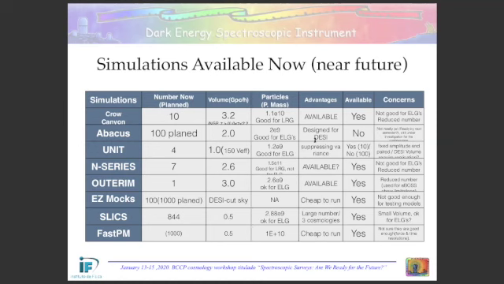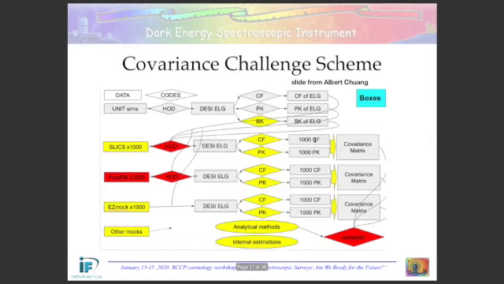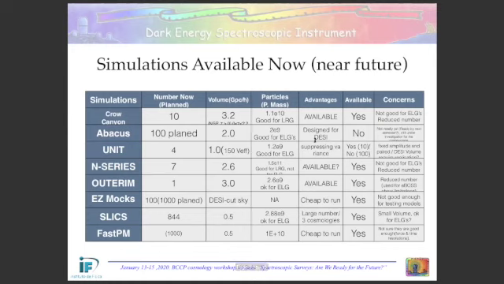What we haven't decided so far, but is under discussion, is that we are going to use a suite of simulations that is available now. They are small boxes, and we are going to compare different kinds of simulations in these small boxes, and compare them with some analytical models. In this exercise we are planning to use SLICs, that is this volume, and compare with FastPM and EZmocks, and with some analytical methods from the people that want to participate. And we are going to try to get from this exercise a covariance matrix that will be rescaled to be used for the fitter part.